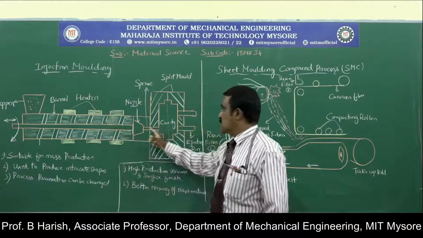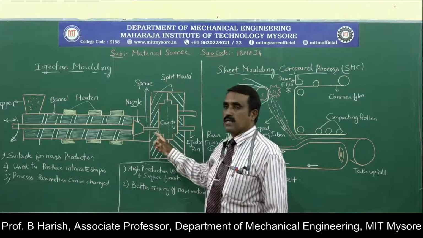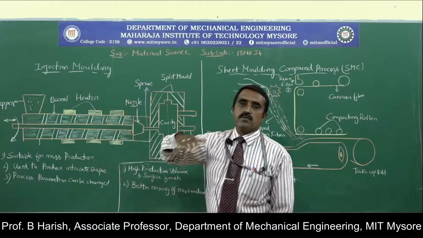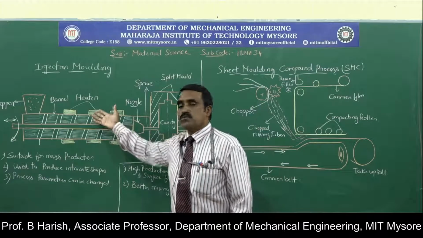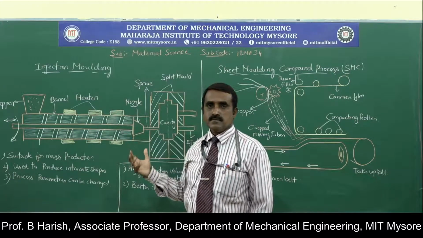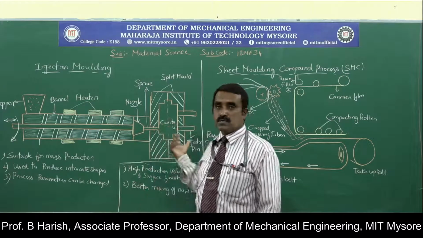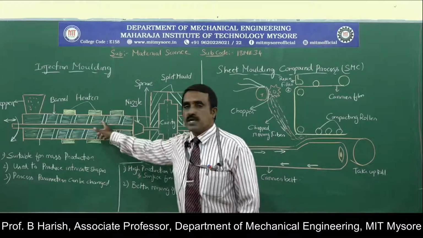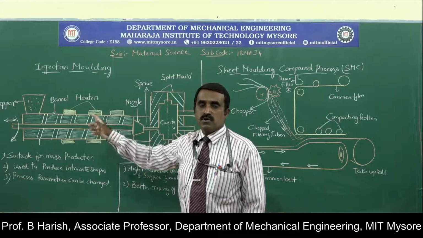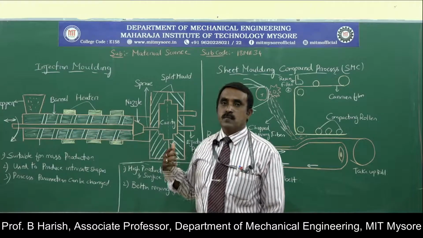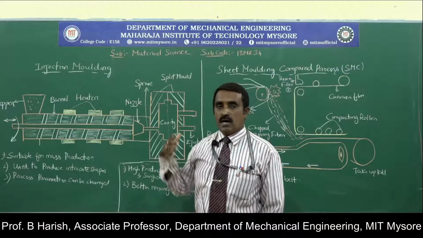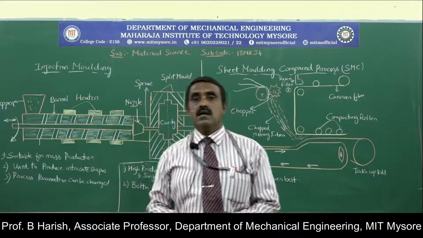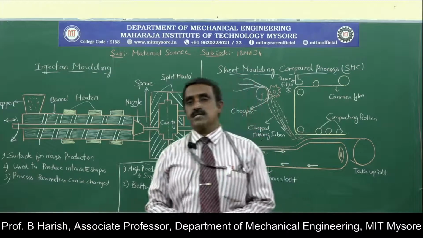As it enters through the sprue into the cavity, if we want to make the process faster, I can use more heaters. So heating can be done faster and the process can be sped up. If you want the process to be slowed down, the temperature can be controlled. Like this, the process parameters of this particular process can be easily controlled. That is one more advantage of this process.